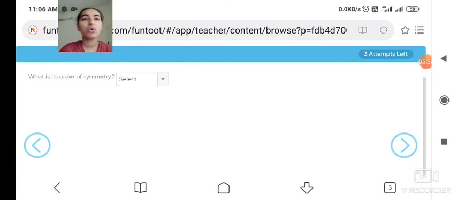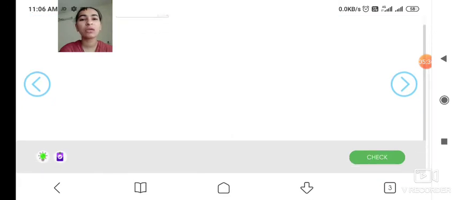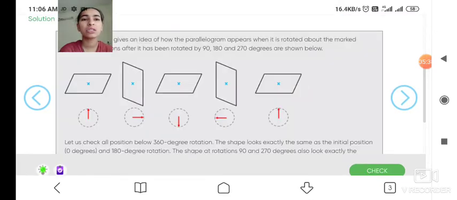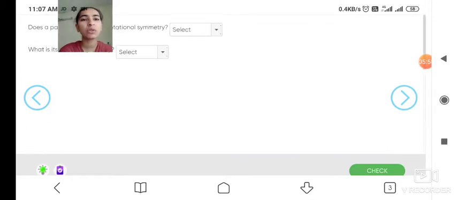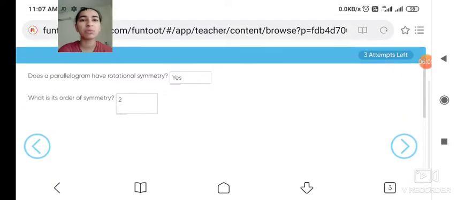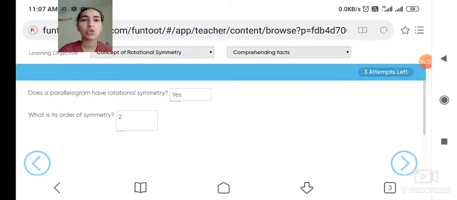Okay, you know how the parallelogram looks like? Yes students, see, this is a figure of a parallelogram, and if I rotate that, it has a rotational symmetry. In a complete full 360 degree rotation, two times it looks exactly like the first one. See, in the third and fifth one, two times it looks the same, so the order will be 2. Yes, the order will be 2, and the first answer is yes, because it has rotational symmetry.